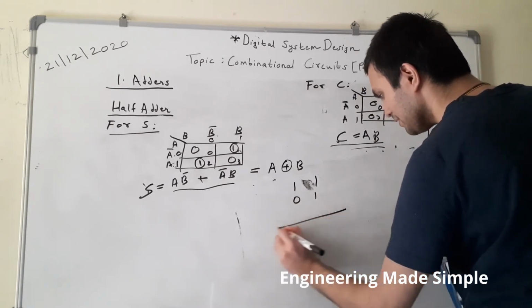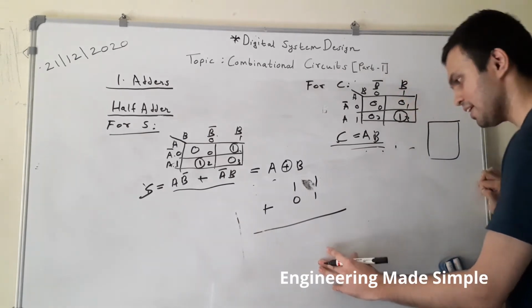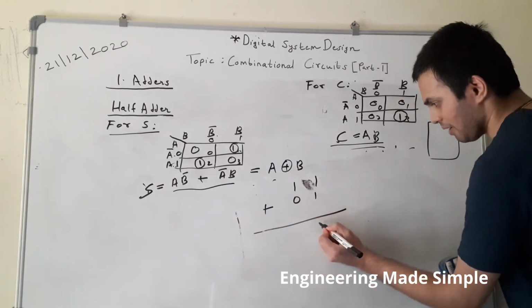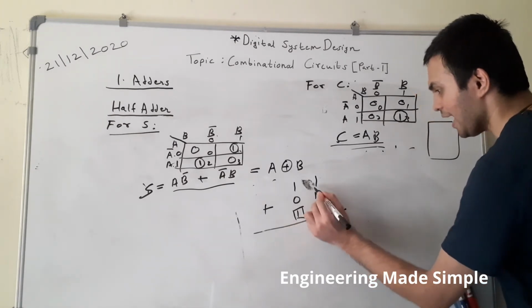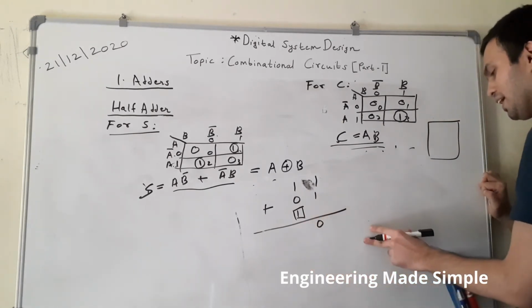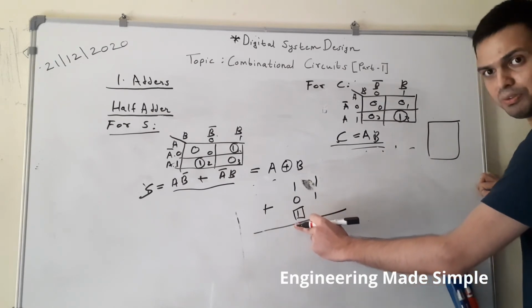But now in this case observe, I have the half adder circuit with me which we have discussed. Now what will this be? This is 1 plus 1, the sum will be 0, but a carry will be generated because of the addition of these two bits. Now what will be the drawback over here? You can see the carry is generated from the LSB to the MSB.